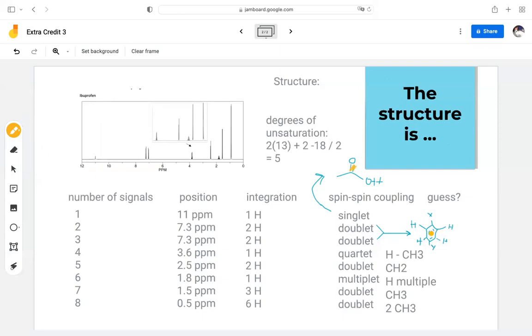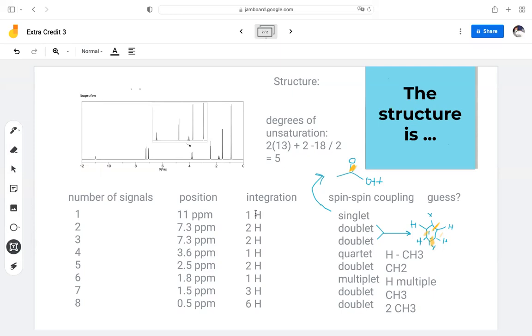And we have the ring, which is going to have 1, 2, 3, 4. So the ring is going to have 4 and the carboxylic acid is going to have 1. So that's going to equal 5 degrees of unsaturation. So this just tells us how the functional groups are going to be. It basically shows us that we know these functional groups are going to be here just because of the degrees of unsaturation. But anyway, basically taking a final look at our table here, we see that there must